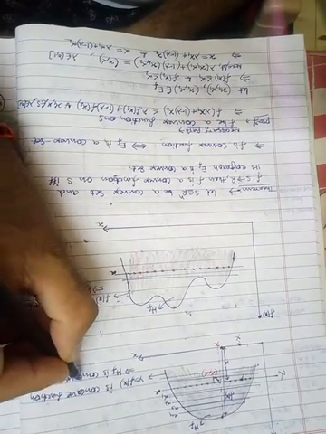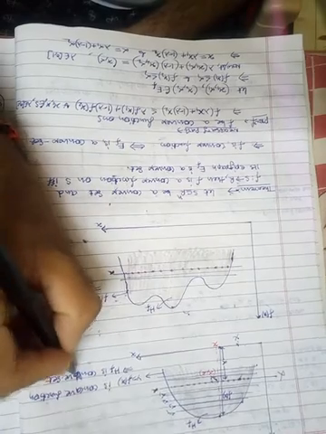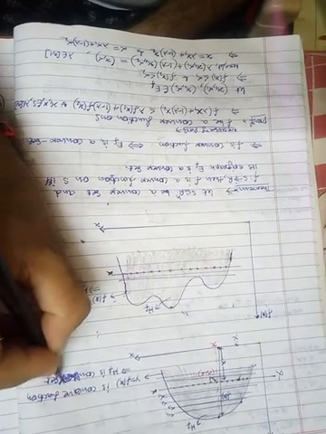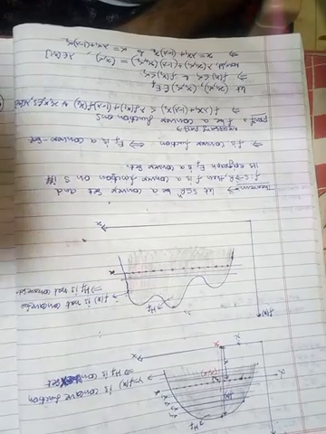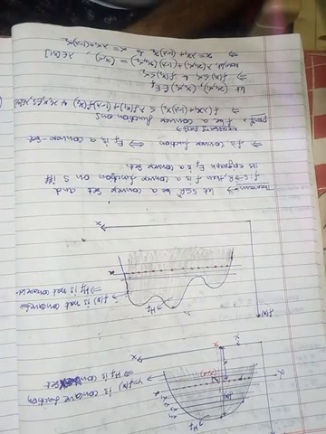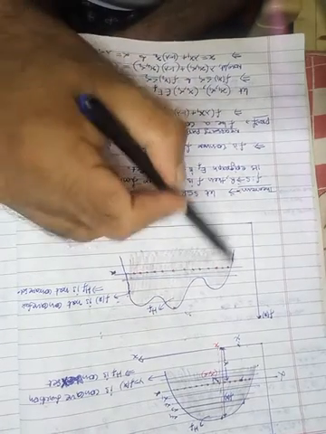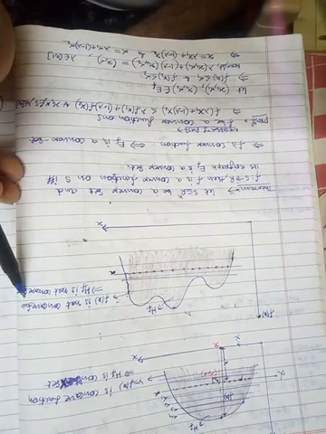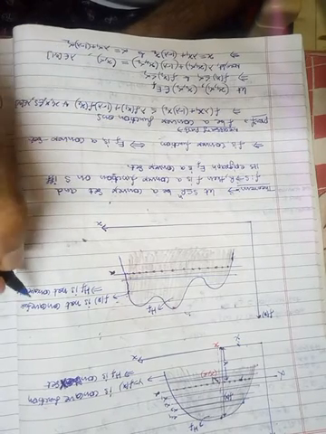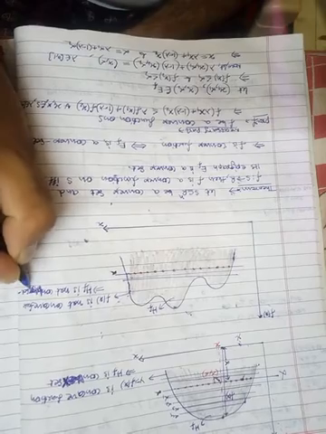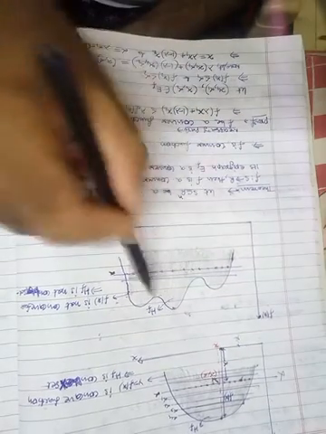Fine. So HF is a concave set or convex set. Sorry, this is a convex set. HF is a convex set. Fine. So this is a convex set. Now here, you will see that HF is not a concave function. So HF is not a convex. This is also convex. So this is not a convex set.